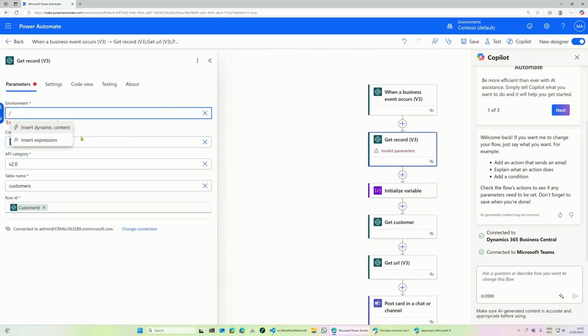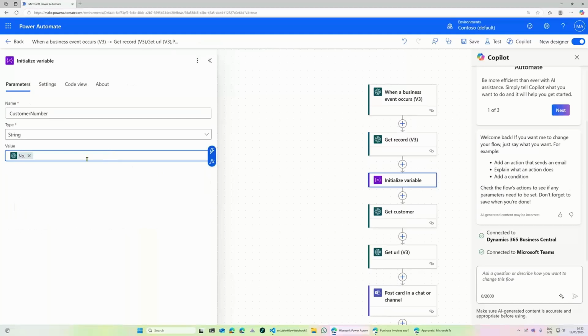And that is going to be the environment. Here it will remember what the output was, but anytime that I want to initialize for whatever reason or read another variable, another value from that get record step, and I want to do that as a dynamic value, anytime that I need to do that, I need to go back into the particular step and change the environment name to a fixed value so it can retrieve the data, the metadata, so I can use it in another step.